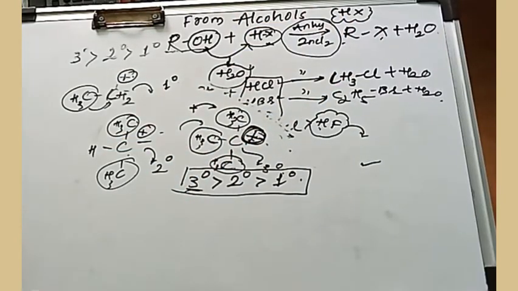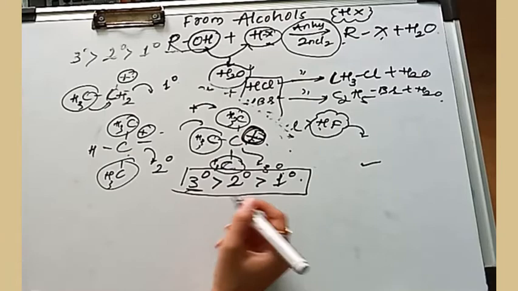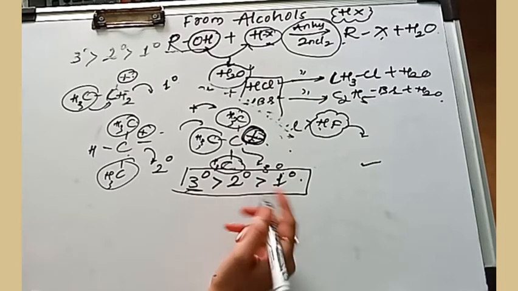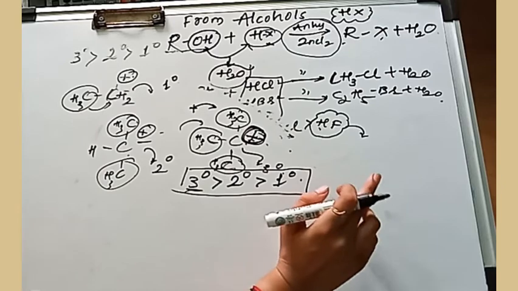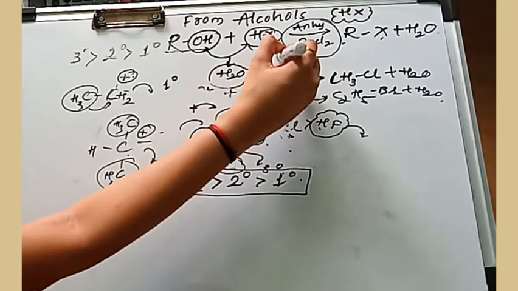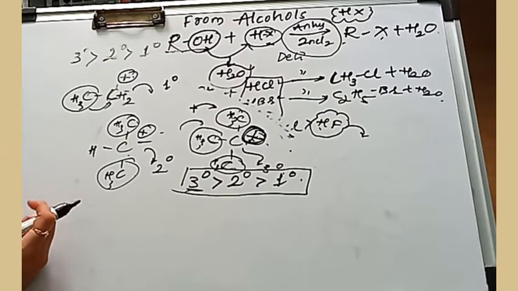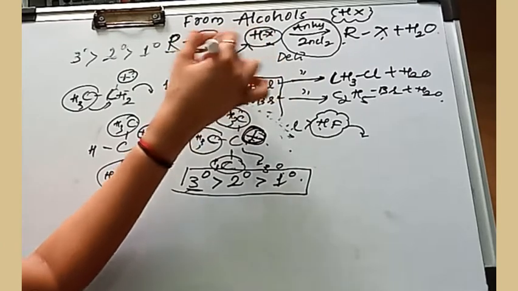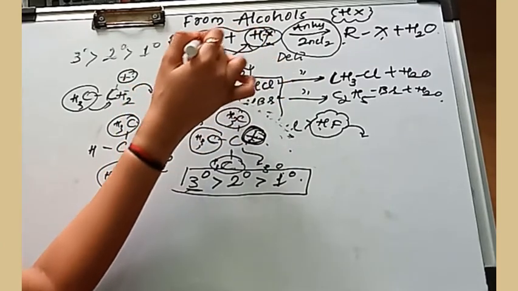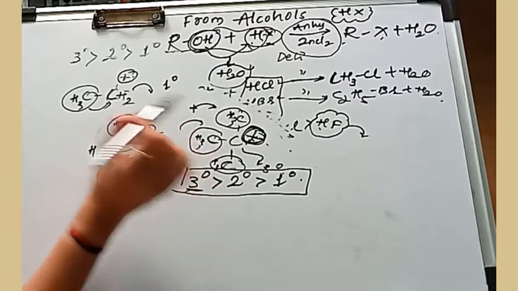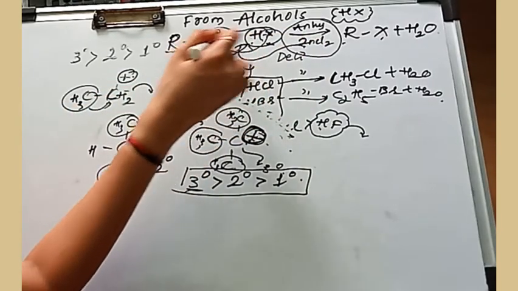Why are we using anhydrous zinc chloride? The first thing is that it is a catalyst. The role of a catalyst is that it increases the rate of a reaction. As a result, the product formation will be faster. And then, why are we using the anhydrous condition itself? Zinc chloride is deliquescent in nature, which means it absorbs water. As a result, here we are removing the OH and the H, nothing but water. This OH and H will combine to form water, meaning zinc chloride helps to remove the water molecule from the reaction.